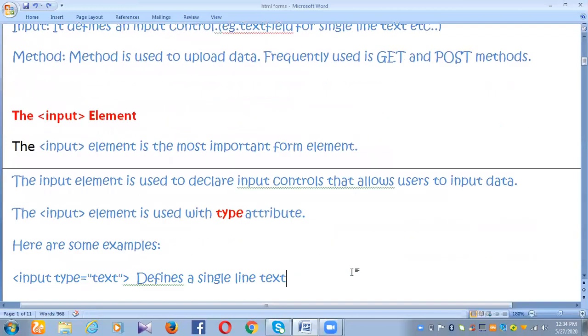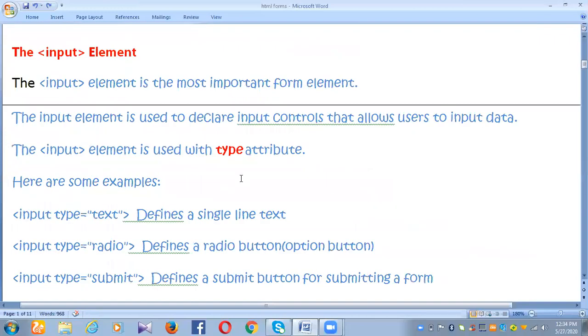Now coming to the input element. This is the most important form element. When you give the input element along with the type attribute, you can declare what type of input control you want. For example, input type equals text defines a single-line text field.